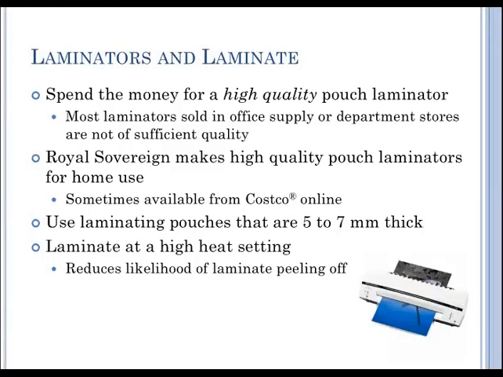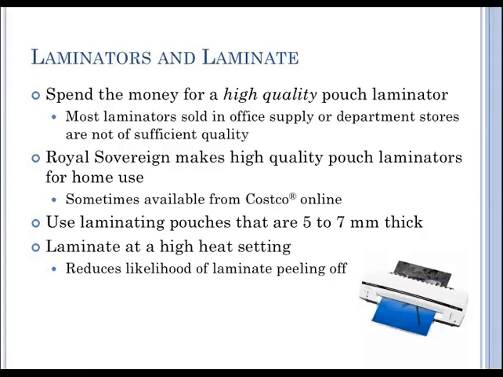When you're using laminating pouches, get the thicker laminate, so thicker plastic. You want to look for 5 to 7 millimeter thick laminate because it will be sturdier. When you're thinking about symbols that are cut out and have Velcro on them and kids are taking them on and off of displays, if it's thin laminate, they break down much more quickly. 5 to 7 millimeter thick lasts longer, and it also lasts longer if you print your symbols on cardstock paper